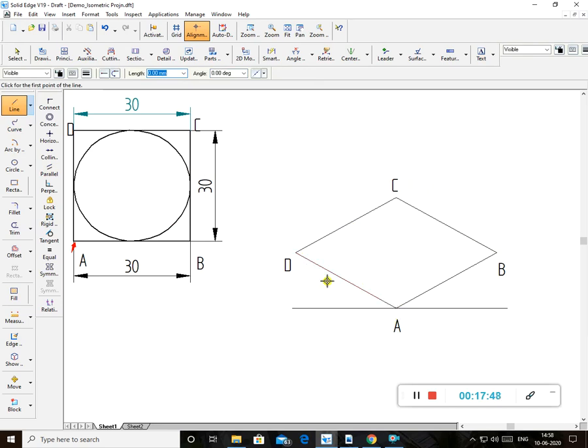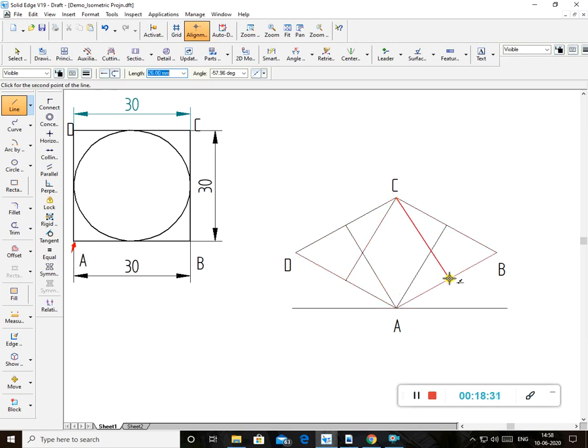Now see here, the angle ADC is an acute angle. Angle ABC is an acute angle. Angle DAB or BAD is an obtuse angle. So from this point A, you draw one line to the midpoint of the opposite side BC. Then you draw another line from here to the midpoint of the opposite side CD. Same way from C also, because angle DCB is also an obtuse angle, draw another line to the midpoint of the opposite side AD.